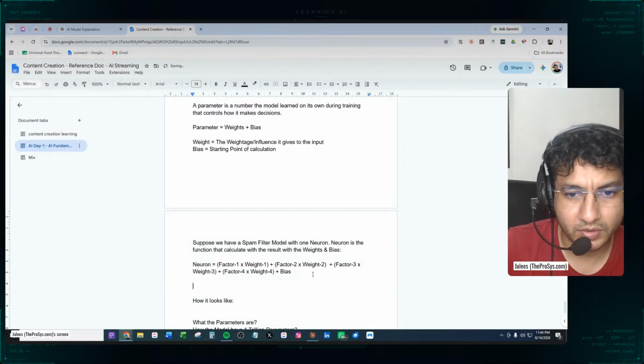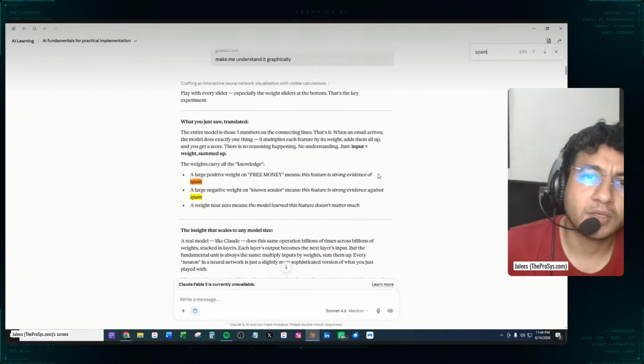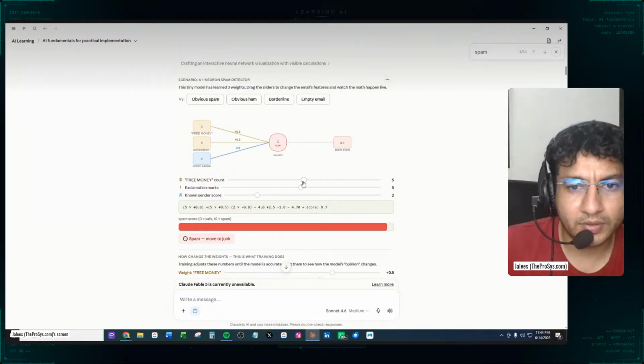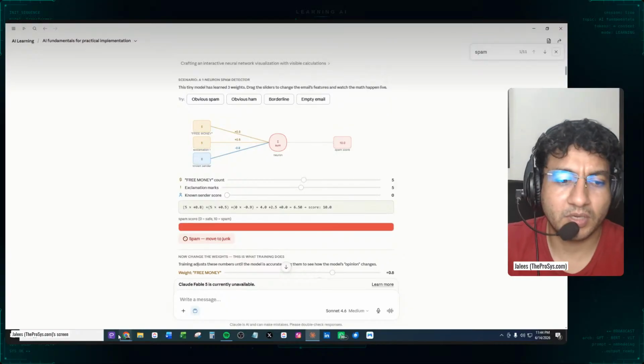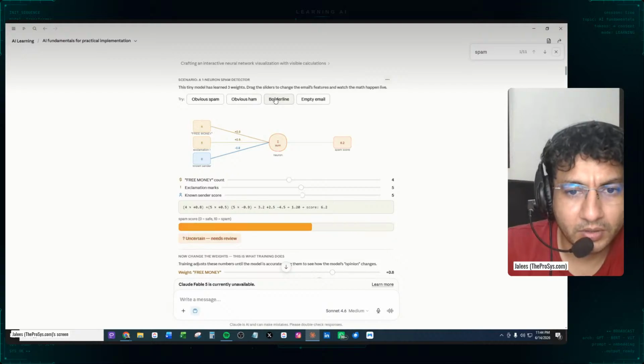So here we go, if we have the spam filter, spam model, then we can say that if there are 5 of this, and 0 sender, then it is going to calculate this thing in this way. तो यहाँ पे इसने जैसे कि स्पैम है, तो यहाँ पे बॉर्डर लाइन में आ गया है ये 445, तो यहाँ पे इसका स्पैम का स्कोर ये आ गया है। तो